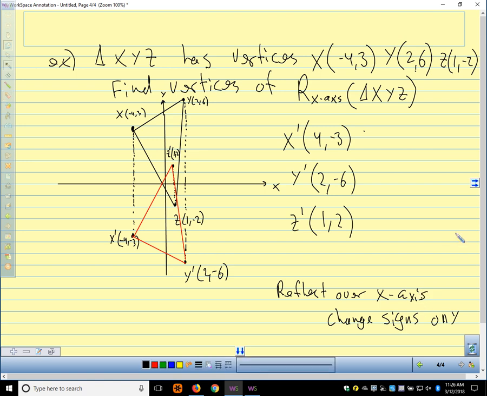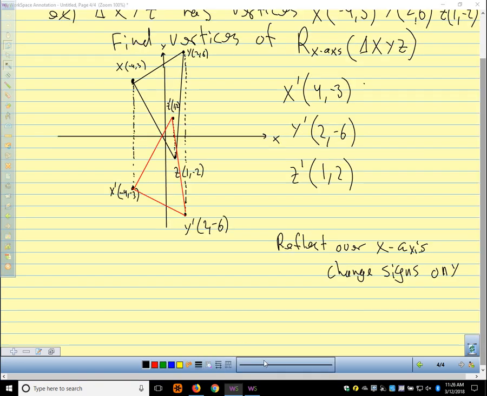So we just have to go and change all the signs on our y coordinates, and we have a reflection over the x-axis. What would you guess we're going to do then if we wanted to reflect over the y-axis? Change sign on x. So to reflect over the y-axis,